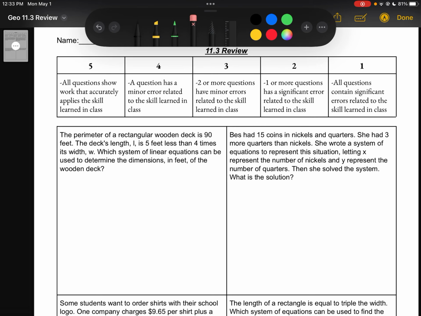Hey everybody, so just a video today going over the study guide if you're having a problem getting started. Just remember, I always want to break it down into two different equations, and we're looking for the commonalities among